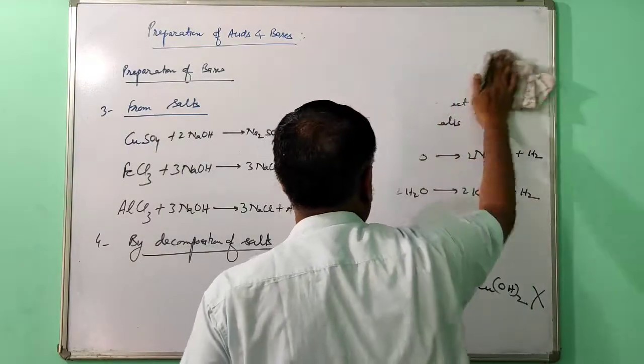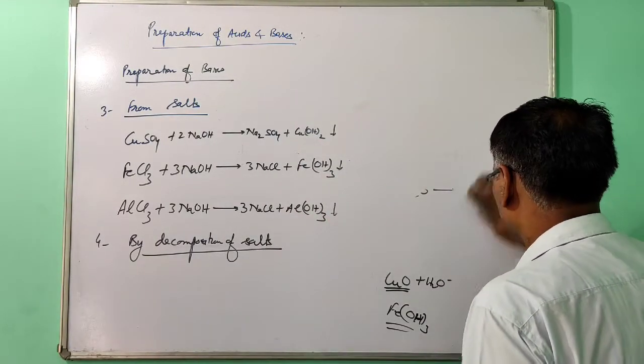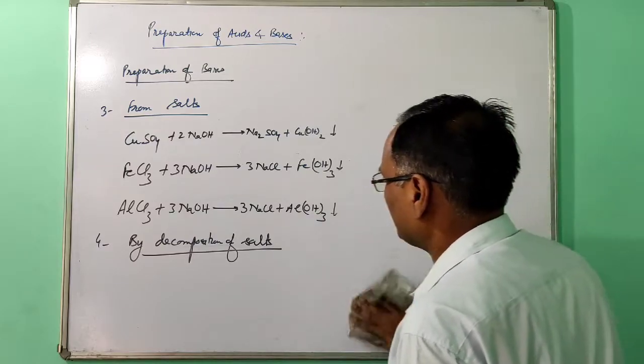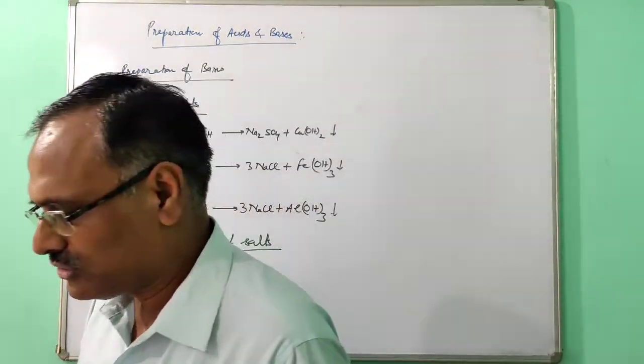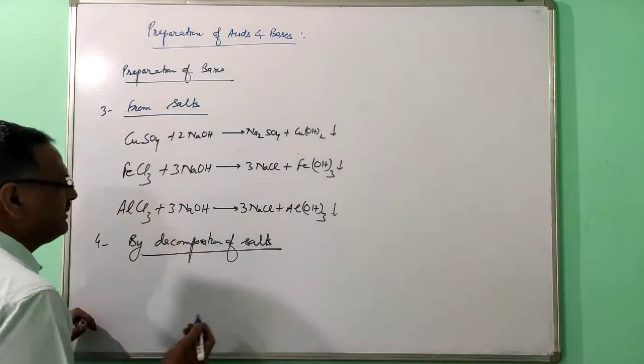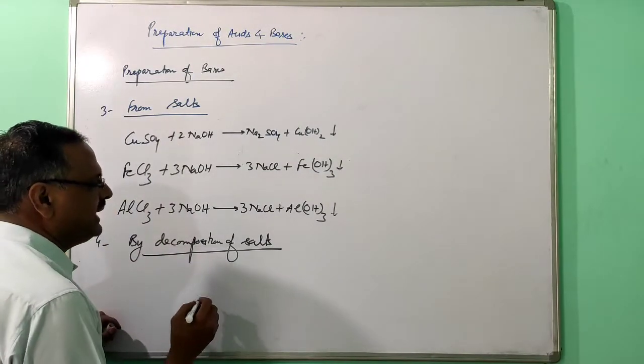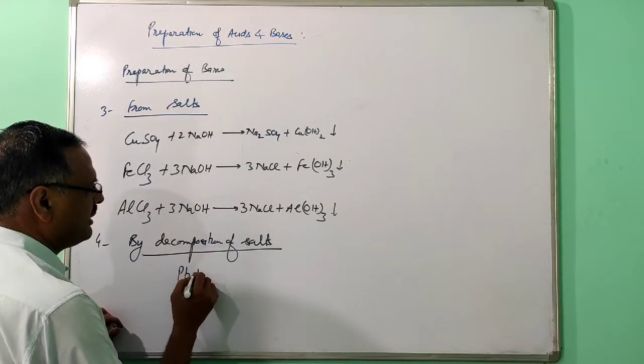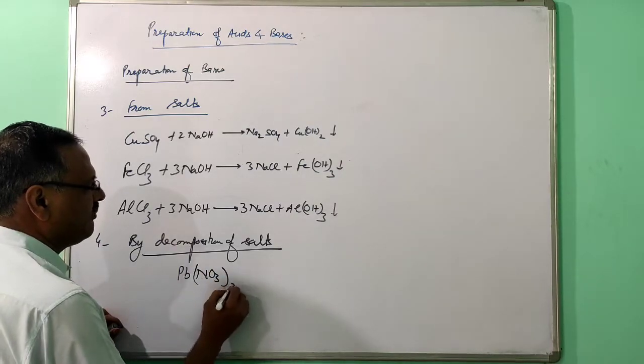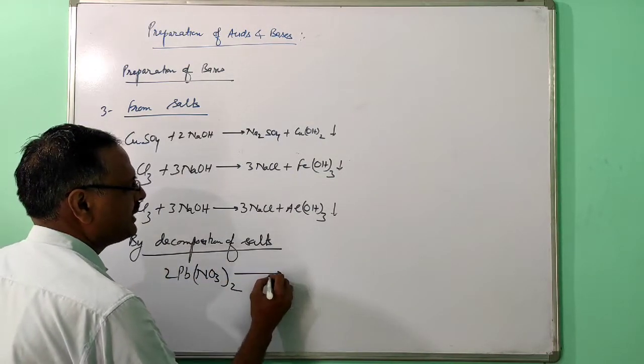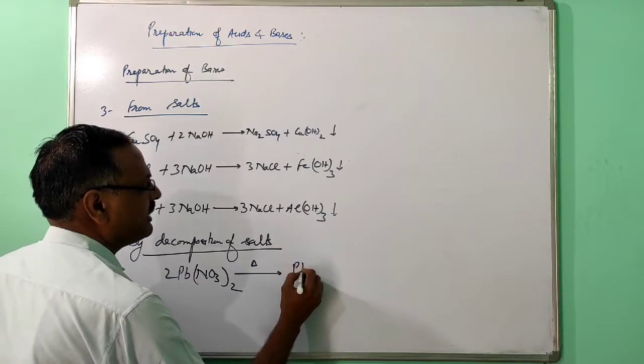When carbonates and nitrates are heated, they will decompose and give the base to you. One well known example is lead nitrate, when it is heated, it will give lead oxide,